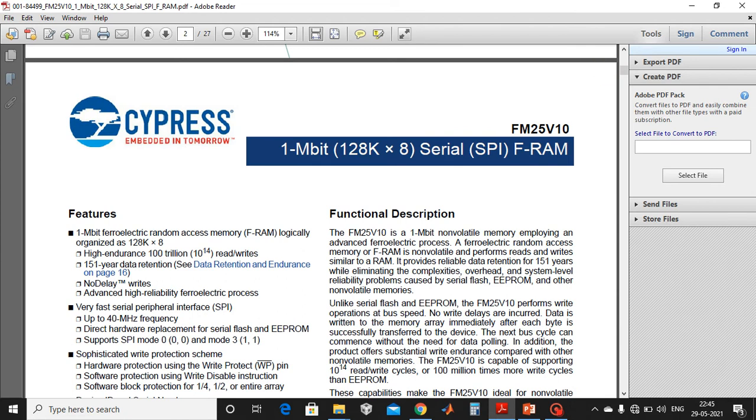Yes. So this is a memory device and it supports the SPI protocol. In my previous video, I also took the reference of the same datasheet, but for this video, I want to convey what things you need to take care of when you are programming a device which is supporting the SPI protocol.